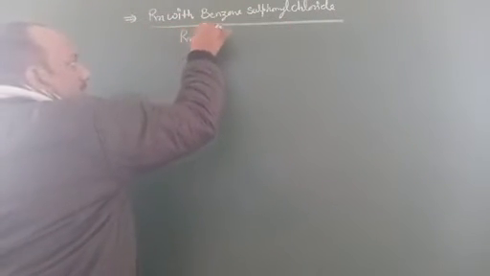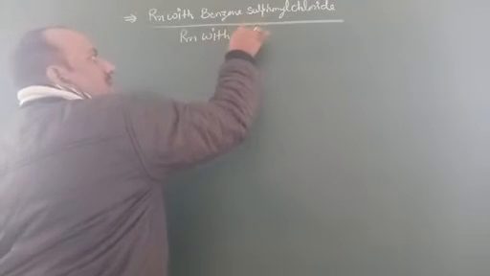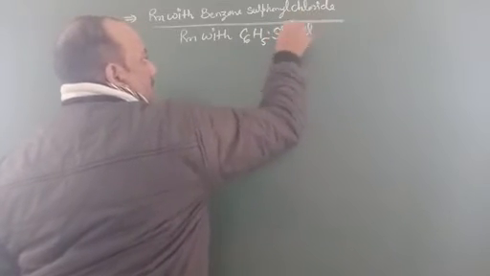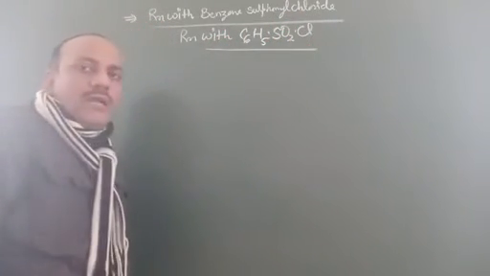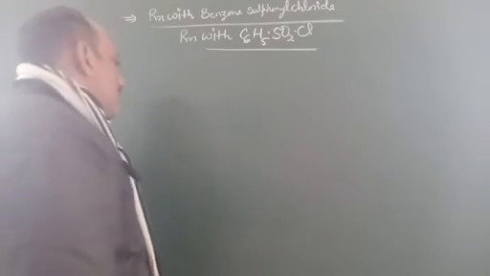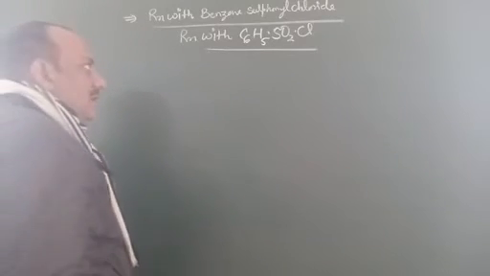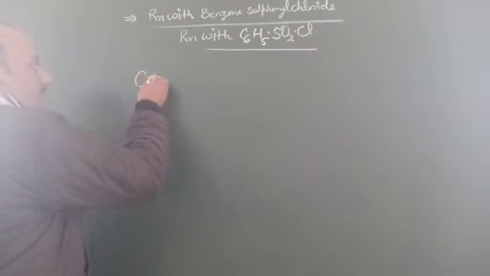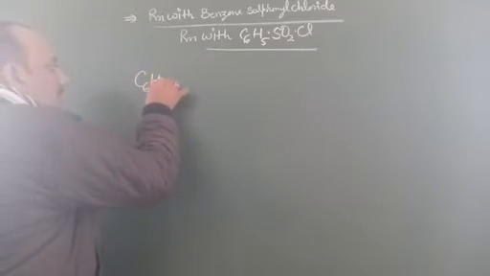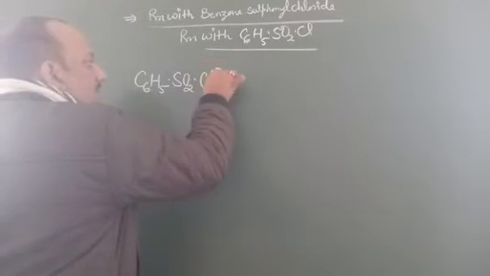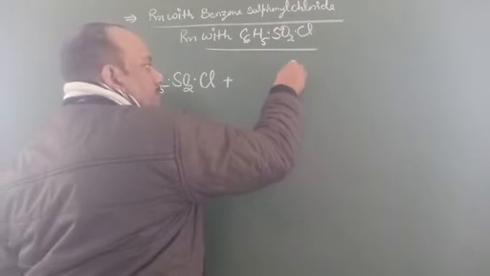Its formula is C6H5SO2Cl, also known as Hinsberg reagent. So this reaction is also known as reaction with Hinsberg reagent. When benzene sulfonyl chloride reacts with ethylamine,